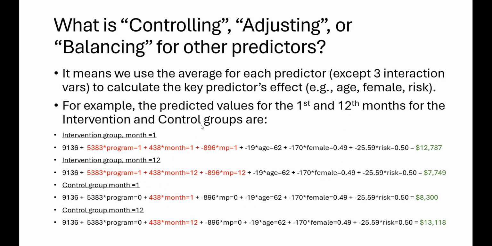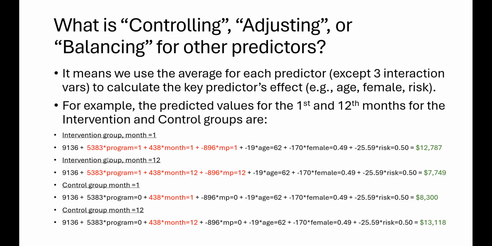So we've covered the areas. We often say, what is controlling, adjusting, or balancing for? It means we use the average for each predictor, except our three interaction terms in this example, to calculate the key predictor's effect. For example, the predicted values for the first and 12th months for the intervention and control groups are,